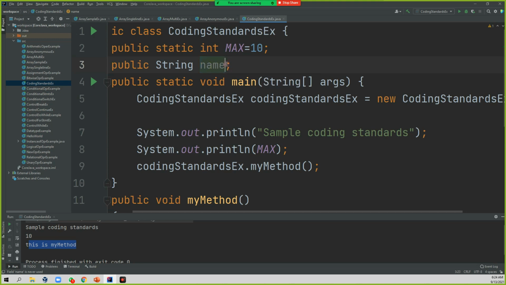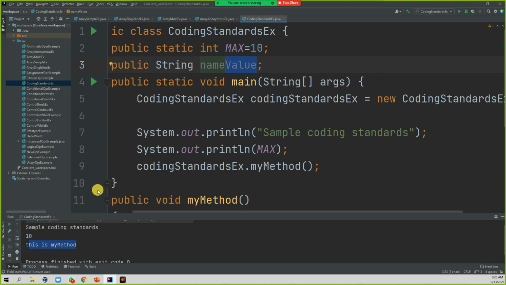If you append one more word, you have to give it like this. One thing in Java, when you are going to add two words, the first letter of the following word is caps.